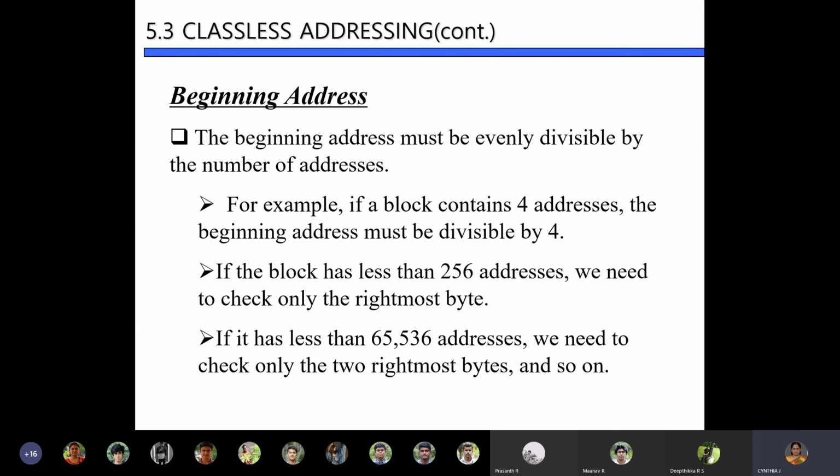You specify the IP address in slash notation: the IP address followed by a slash, and then the number of bits used to represent the net ID portion. If I give the IP address slash 26, that means 26 bits are used to represent the net ID. IP address slash 11 means 11 bits are used to represent the net ID.